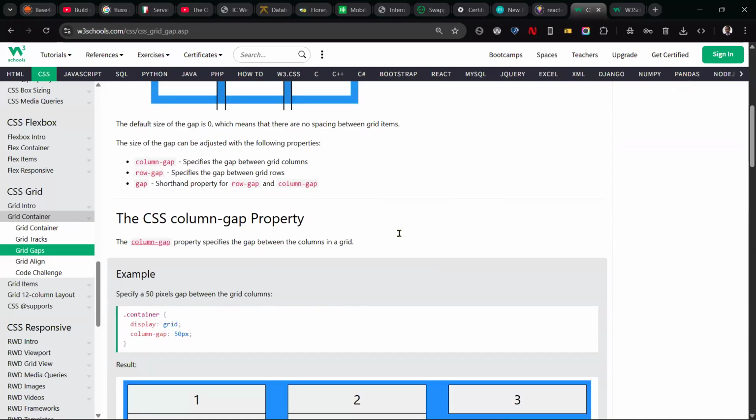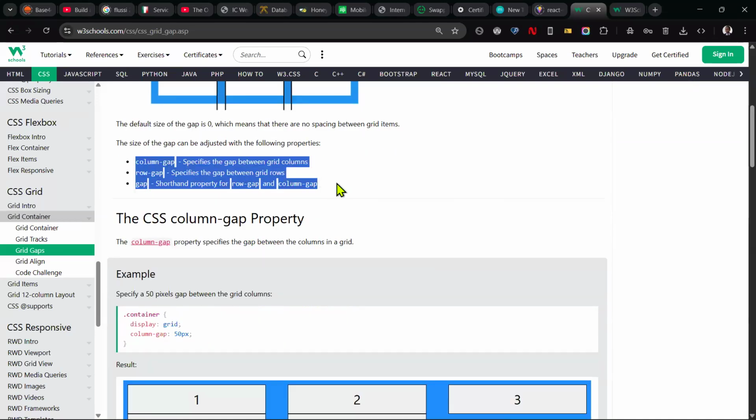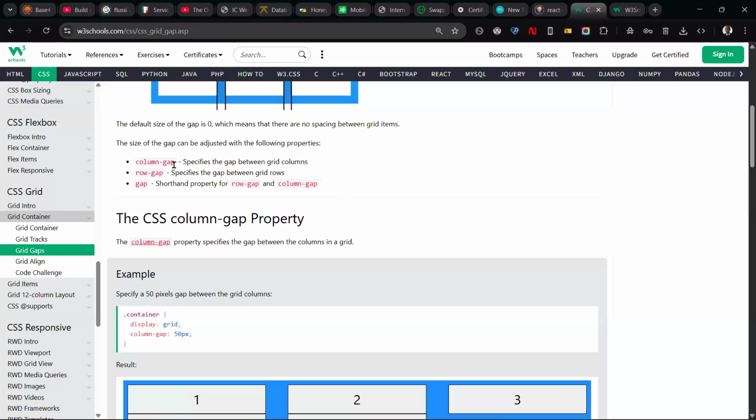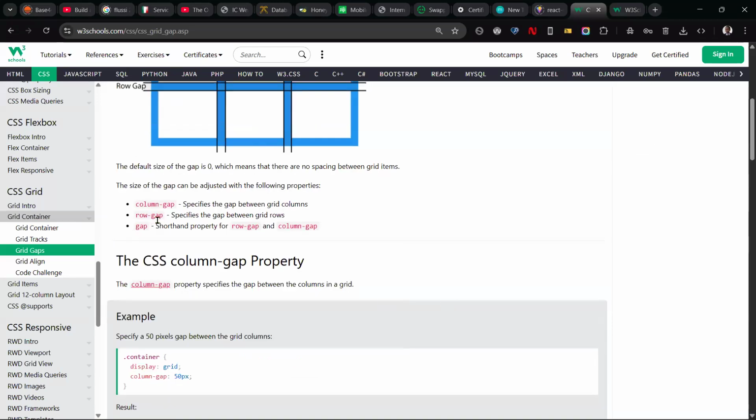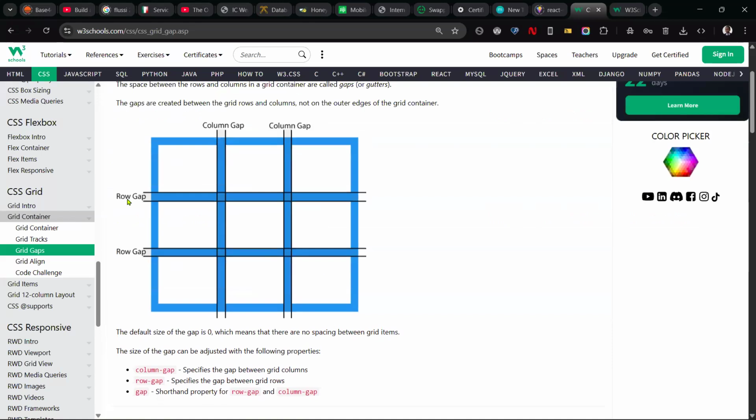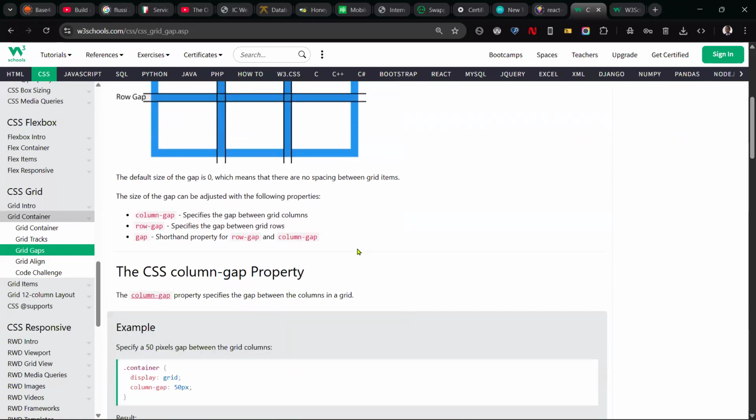And then how do we add the gaps? We use the following properties. First of all, we look at column gap, meaning we want the gap for the column here and here. And row gap, we want the gap for the row here and here. And if we want to use a shorthand, we can just say gap, right? And when we say gap, we add either row gap or column gap,